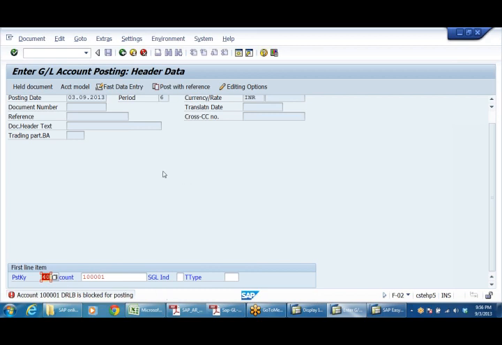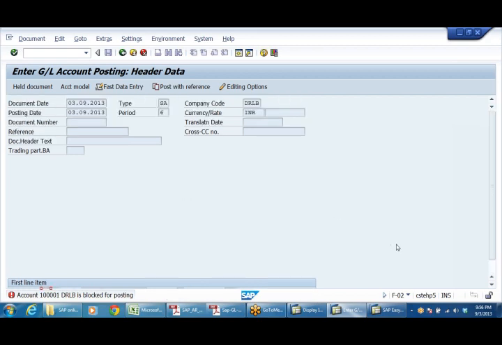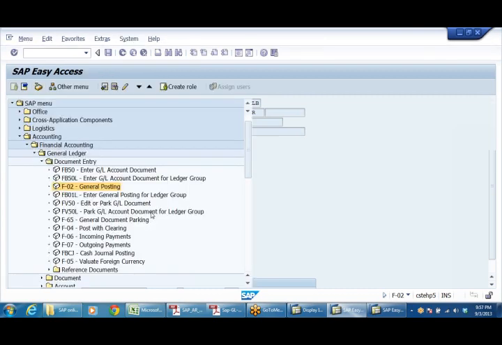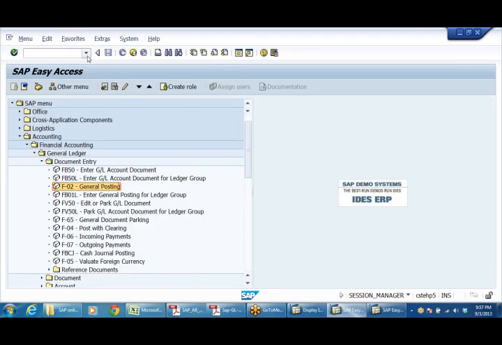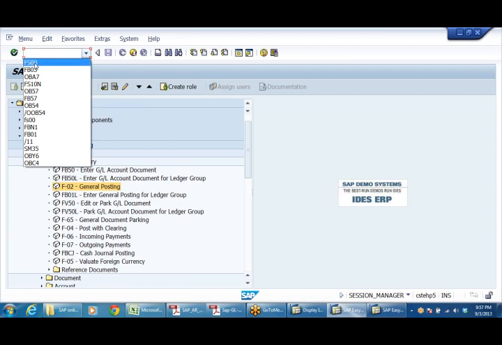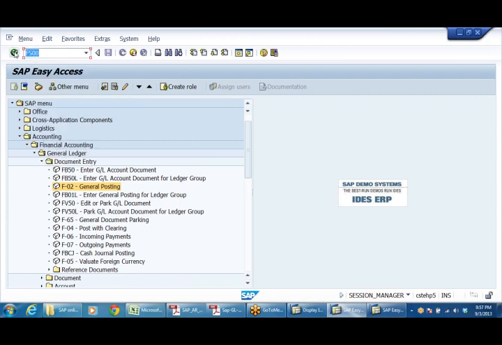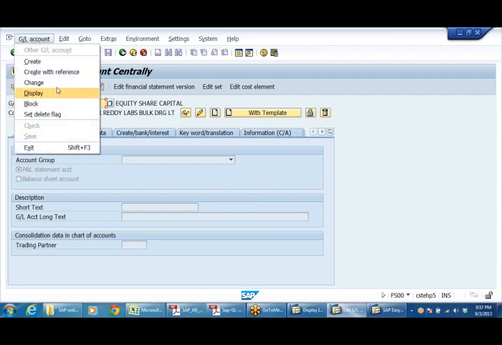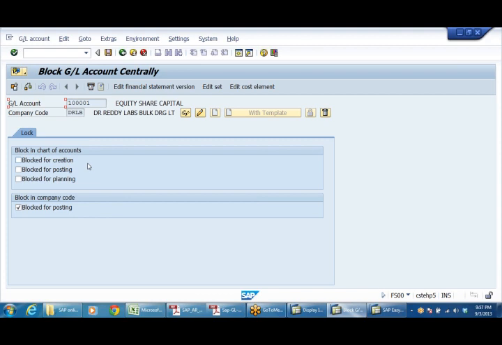Right, don't think that anyway. See, FS00 is in easy access only. I'll go to easy access and FS00 and I'll change it. But transaction codes cannot be accessed by anybody. Nobody can access the transaction code unless authorization is given specifically. So for that, what we do, we give authorization matrix to the basis consultant.